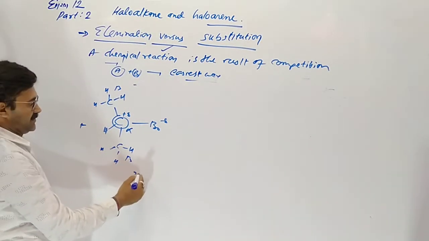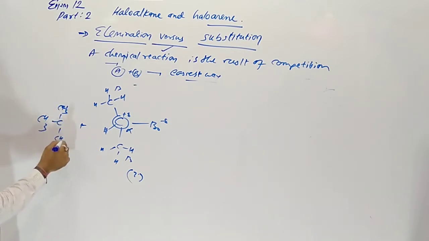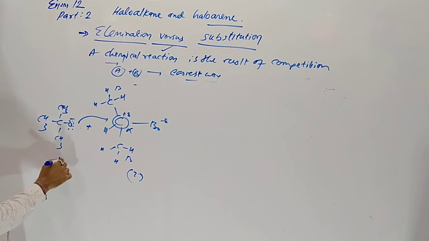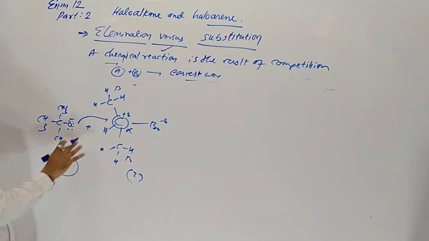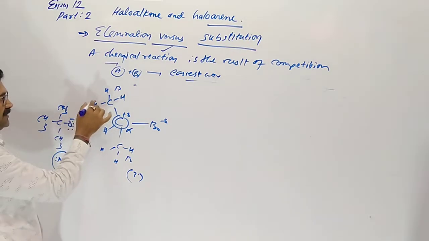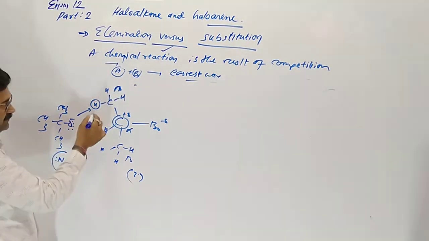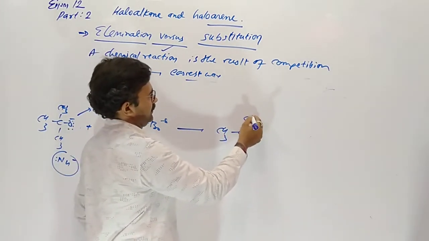So this is our secondary alkyl halide and a strong base, tertiary butoxide, is attacking. It is a very strong base, so it does not attack the carbon. A strong base has attraction toward hydrogen, beta hydrogen. So it gains hydrogen